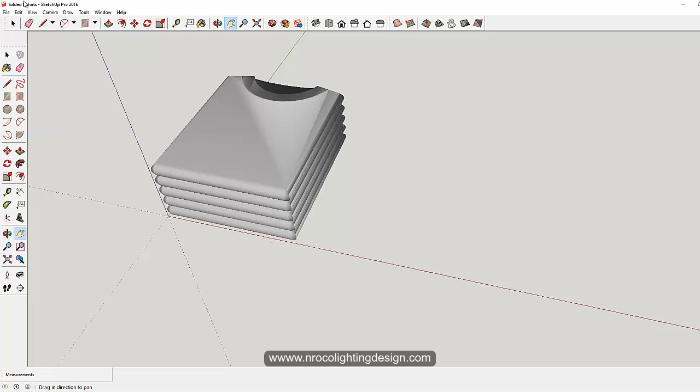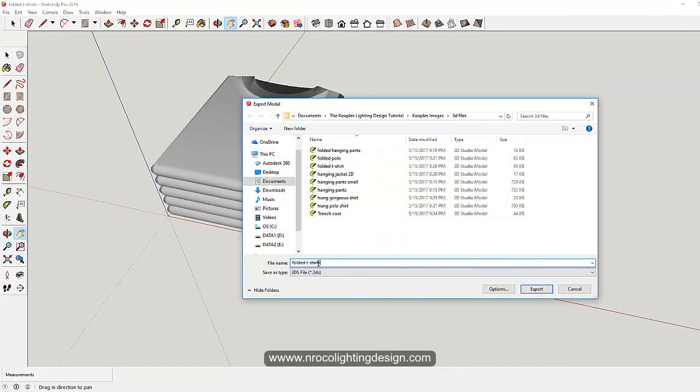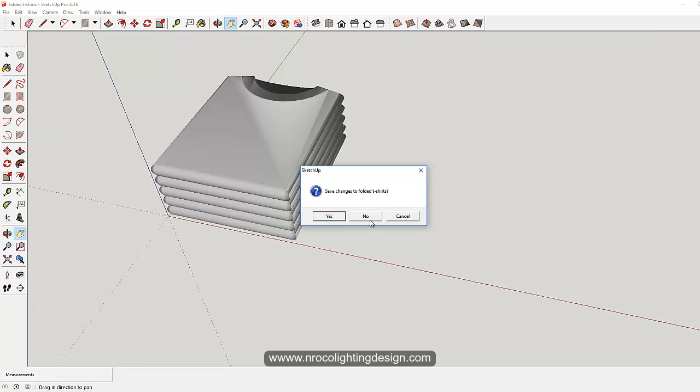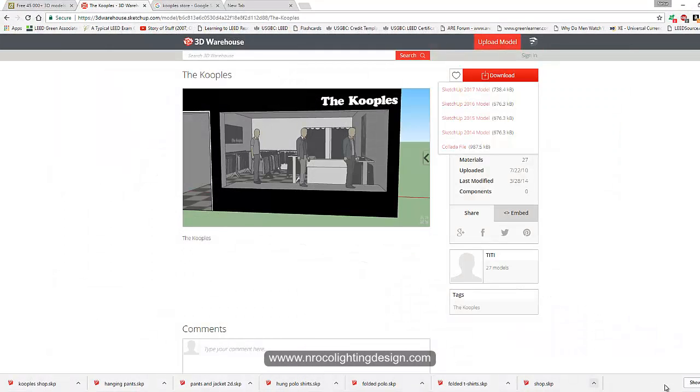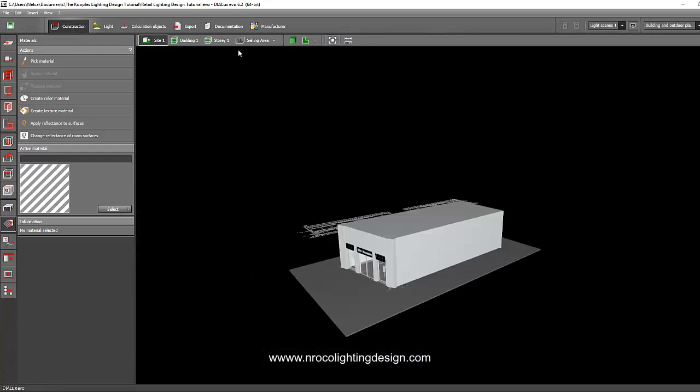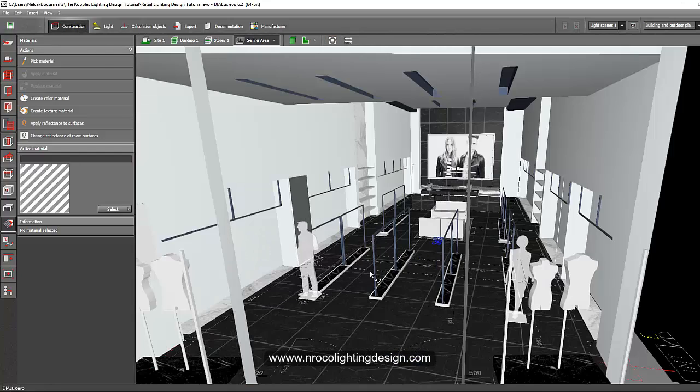Then Control Z, make it maybe 5 pieces, and then File, Export 3D Model, Folded 5 T-shirts. Let's go for that label. Then say Export. Say OK, and then let's close it now. Alright, so let's just focus on those objects for now, and let's go and import it now in our Deluxe